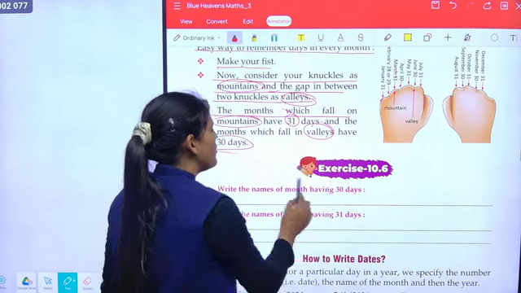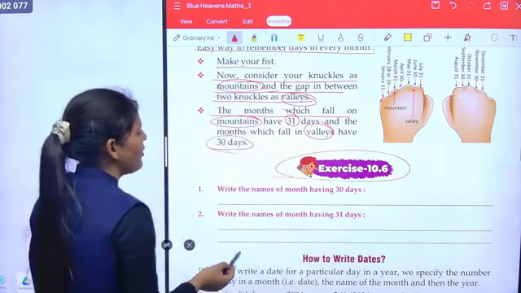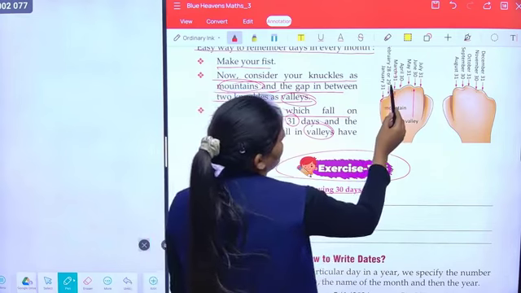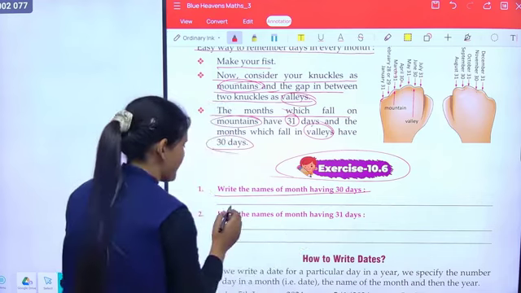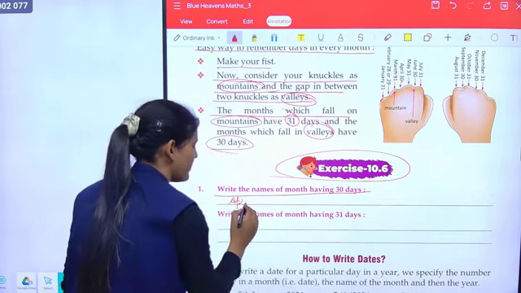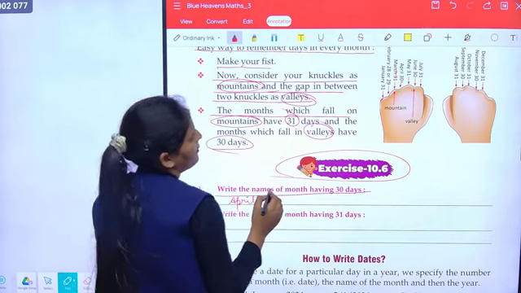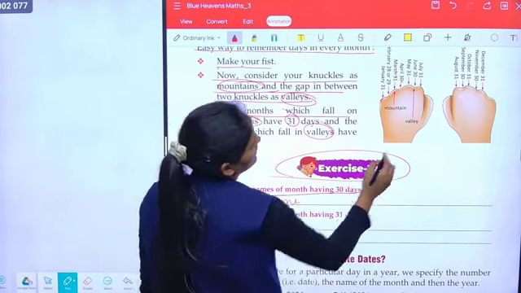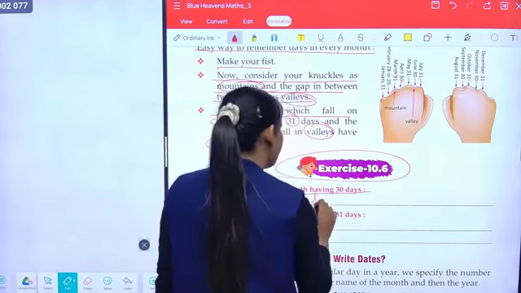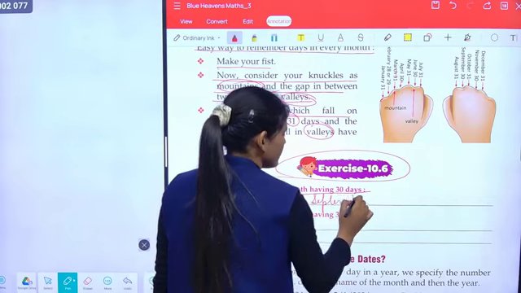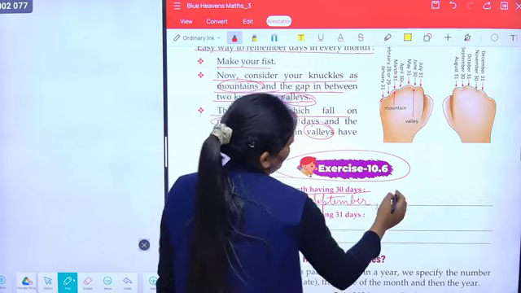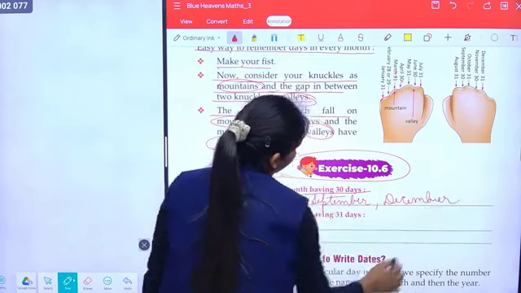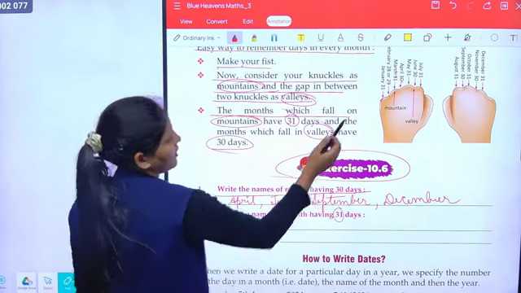Now, come on exercise 10.6. Write the names of months having 30 days. So, we can write April, June, September, and November having 30 days. And 31 days, January,